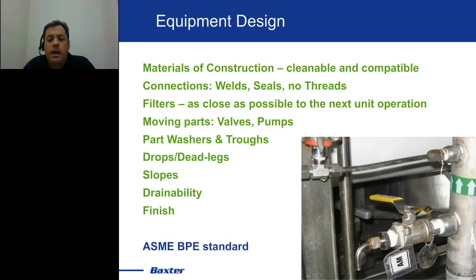Also, part washers and troughs. So in many systems, not all of the components can be cleaned in place. They need to be taken off of the system and cleaned out of place. So those pumps and washers or whatever different components need to be cleaned can be taken to the trough and cleaned there. Because they're going to be cleaned in these systems, those systems need to be maintained at a very similar level to your manufacturing system. If they're not, there's a potential for microbial proliferation in your washers and trough. And then rather than cleaning your parts, you could actually be contaminating them in these systems.